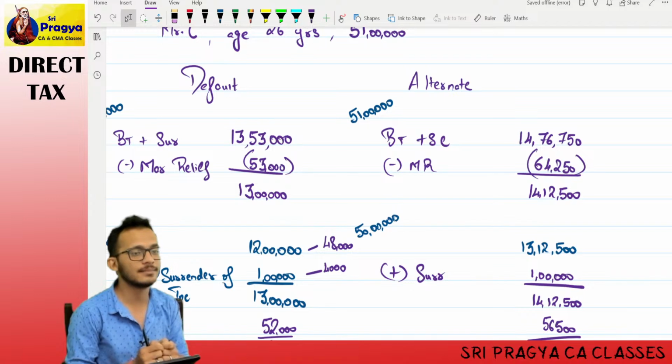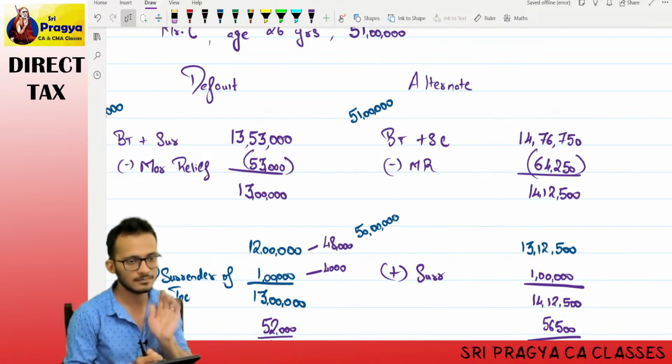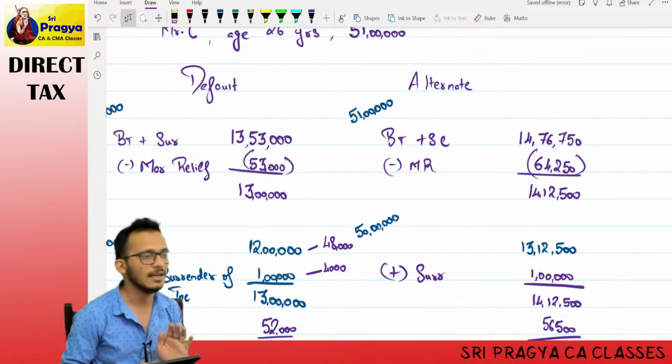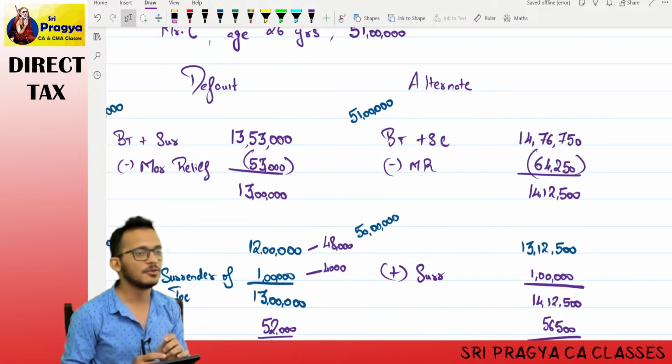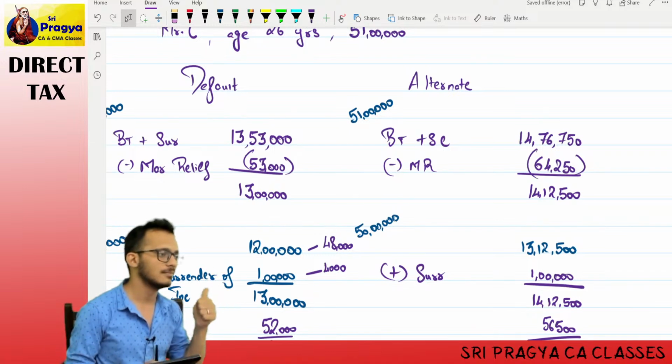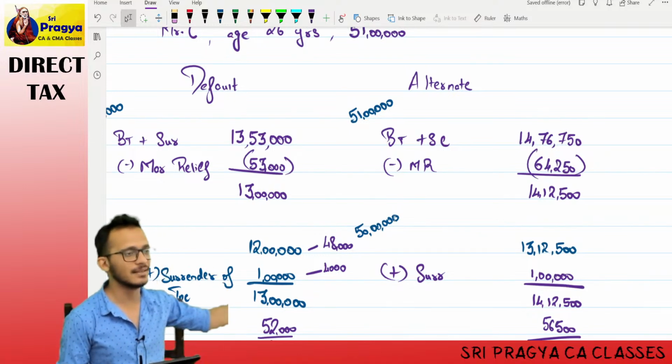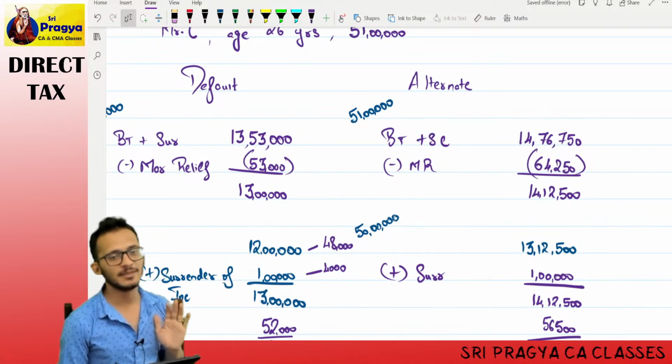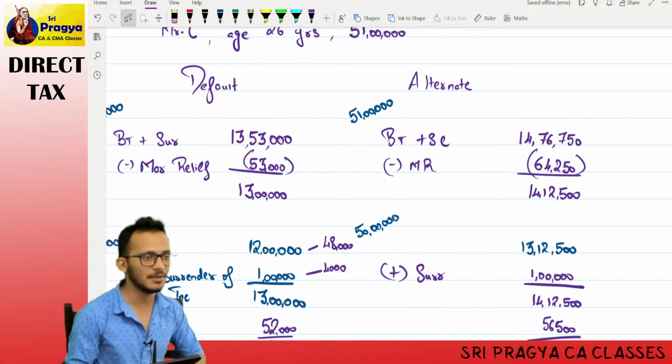Who will need to check? You will need to check. Let me openly declare it to you. If you don't check also, that number will be there in the MCQ. If you check also, that number will be there in the MCQ. Which means if you miss to check also, you will get the number. If you don't miss to check also, you will get the number. What you put will get you the mark.